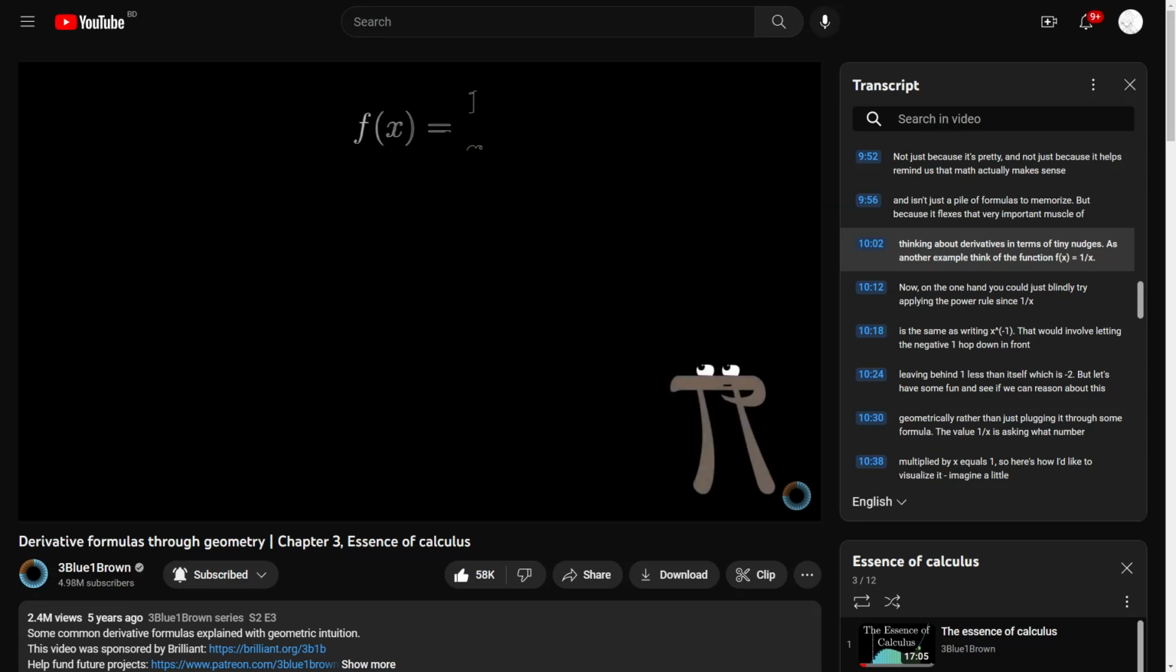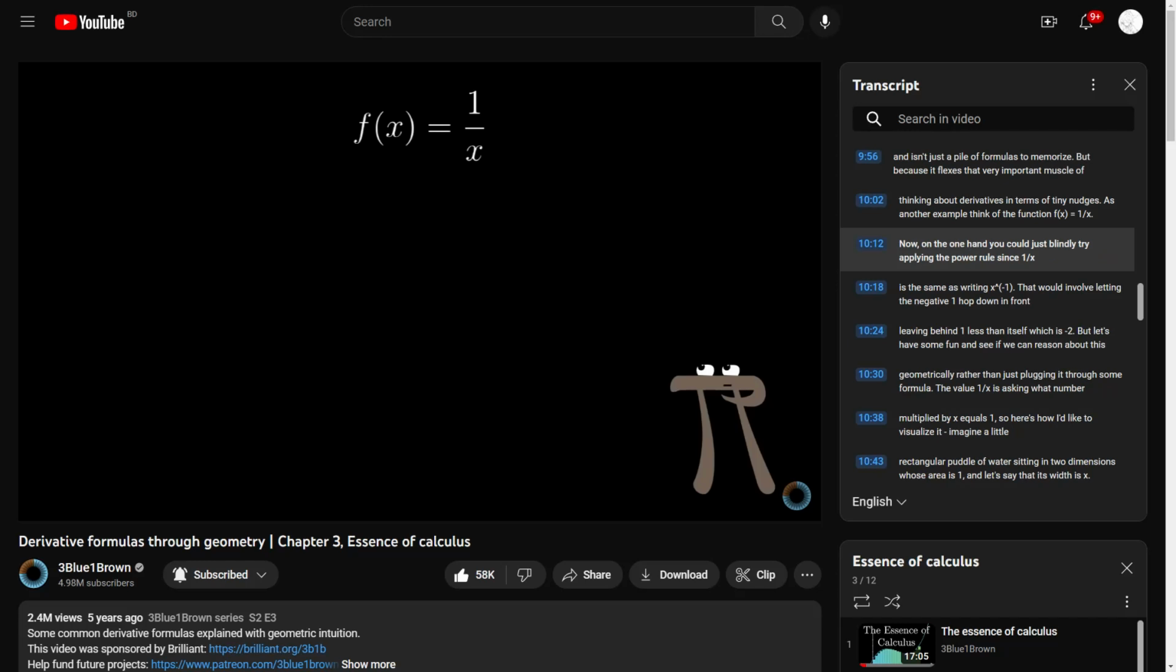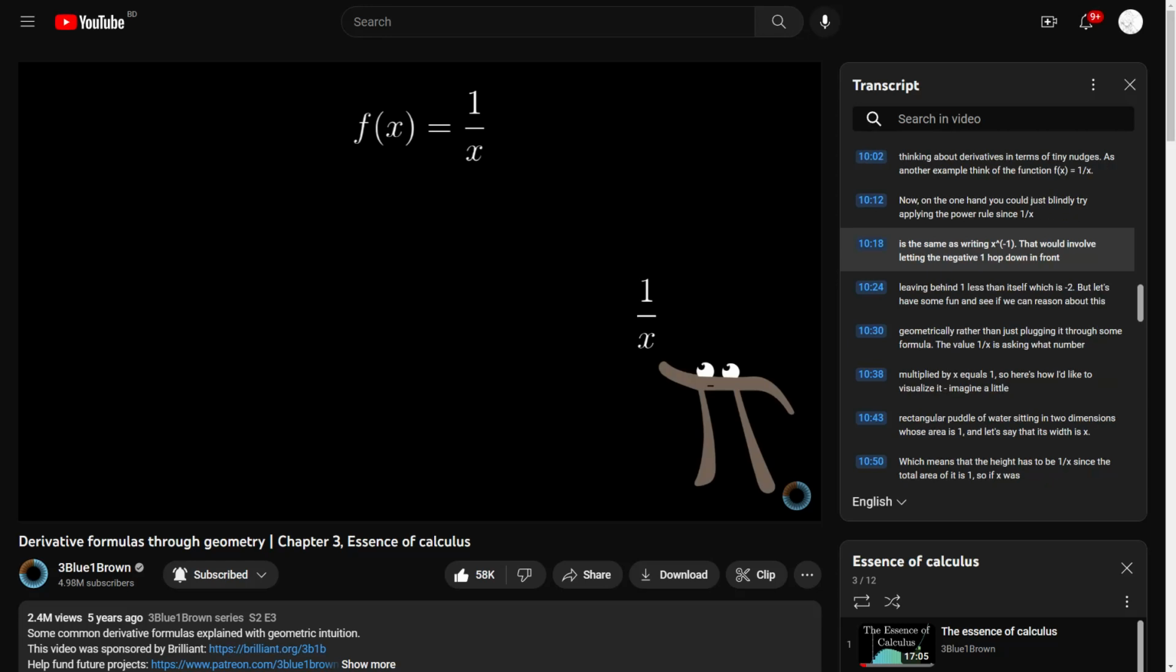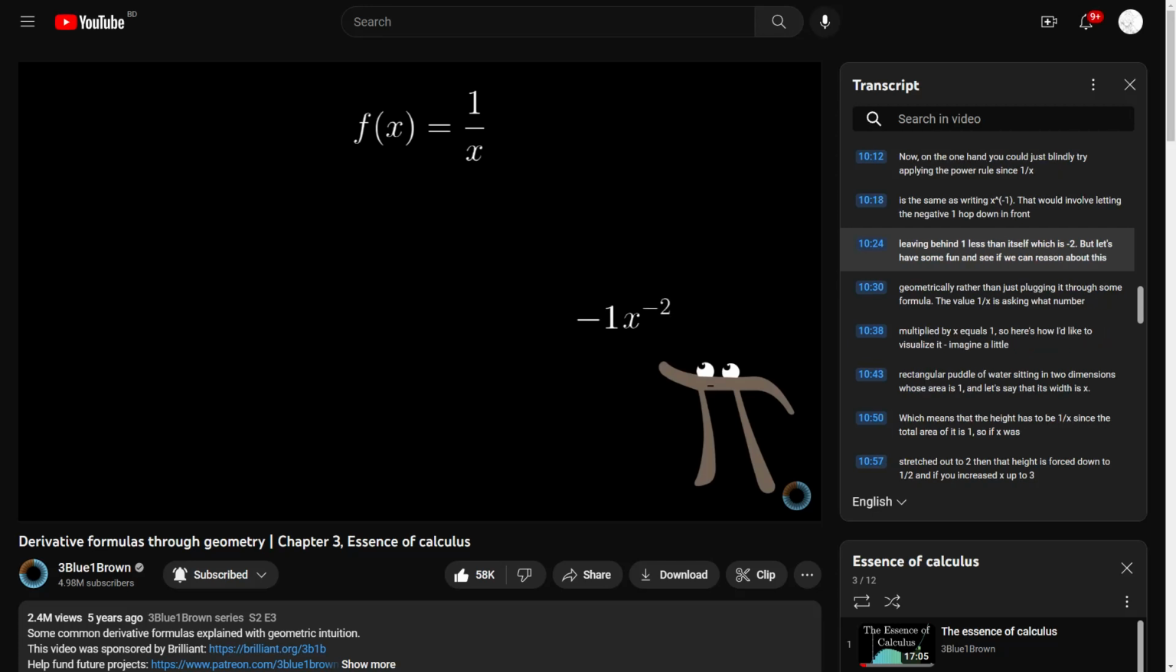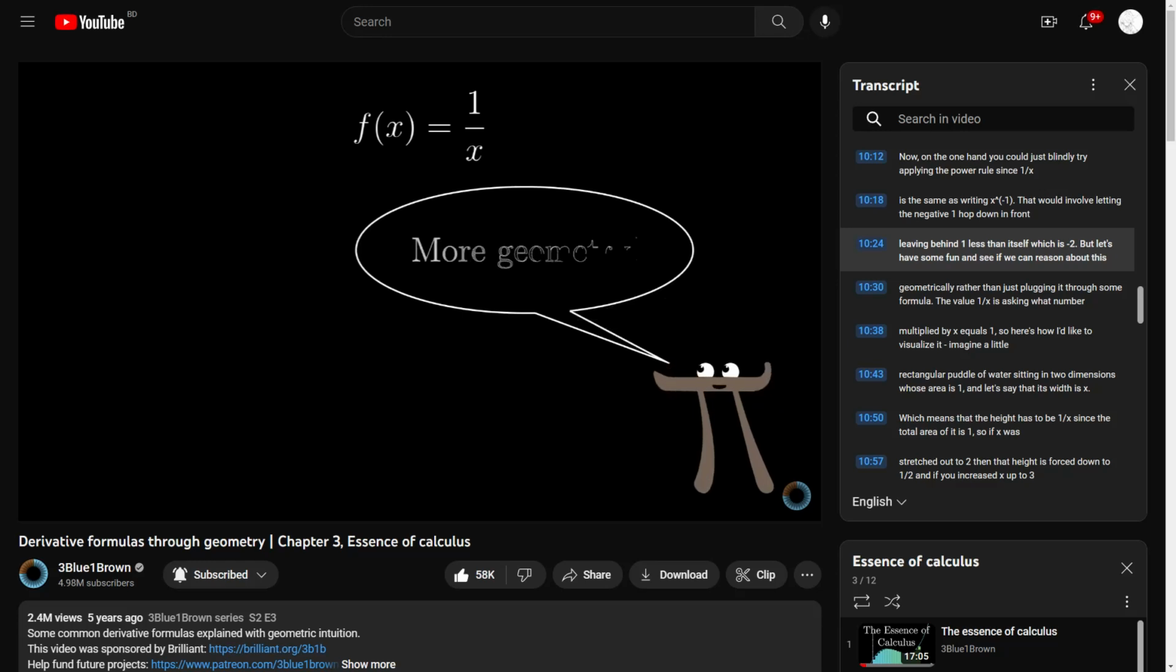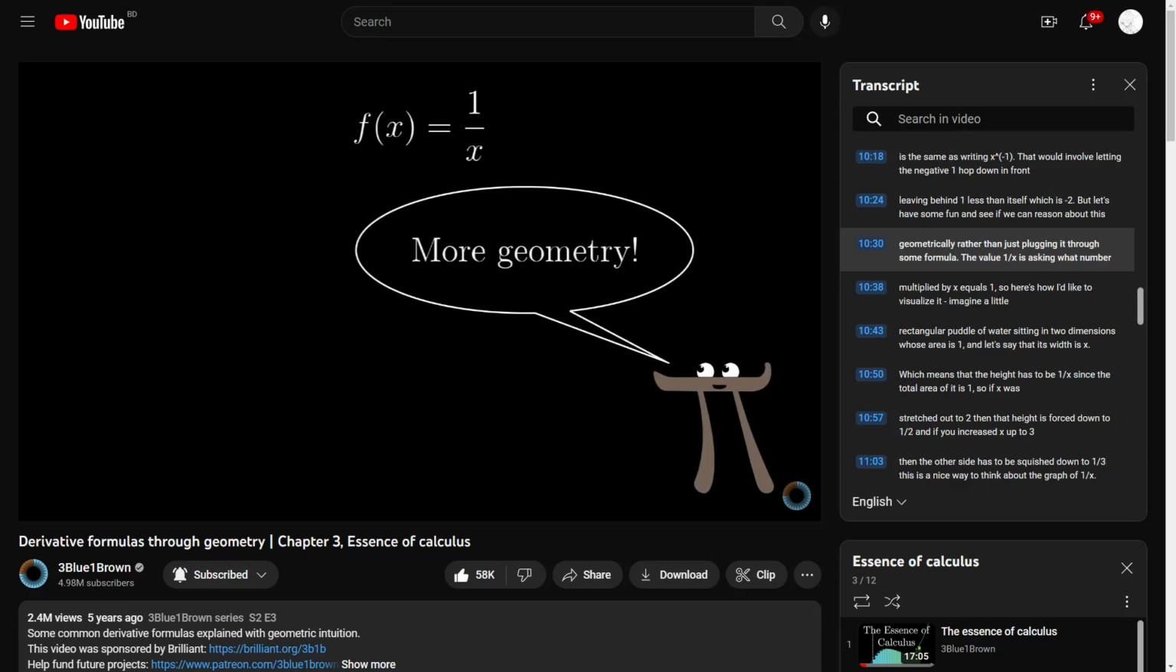As another example, think of the function f of x equals 1 divided by x. Now, on the one hand, you could just blindly try applying the power rule, since 1 divided by x is the same as writing x to the negative 1. That would involve letting the negative 1 hop down in front, leaving behind one less than itself, which is negative 2. But let's have some fun, and see if we can reason about this geometrically, rather than just plugging it